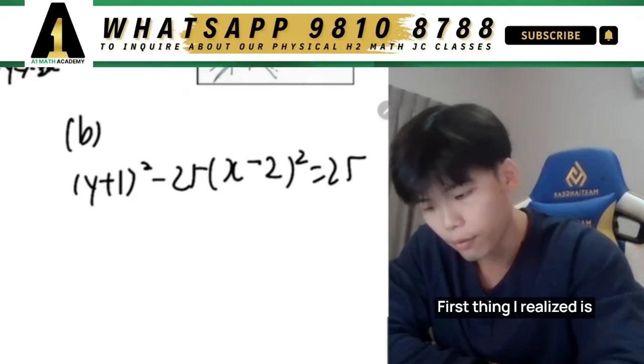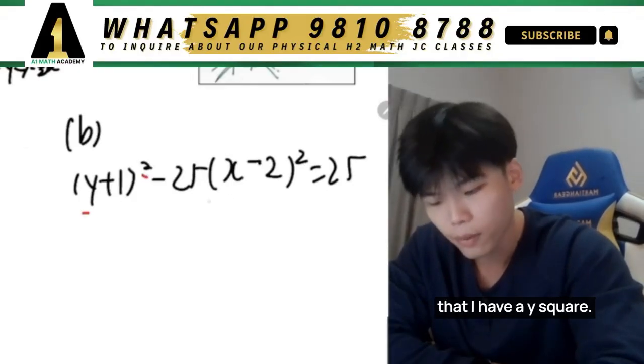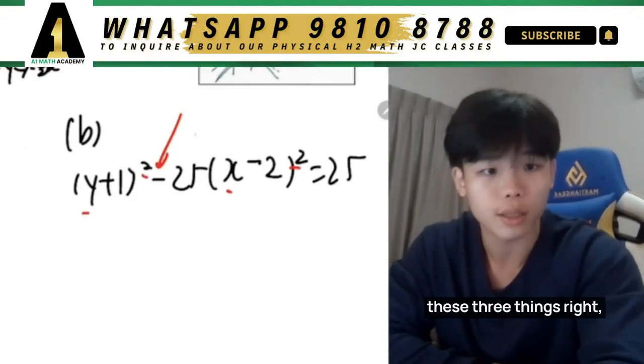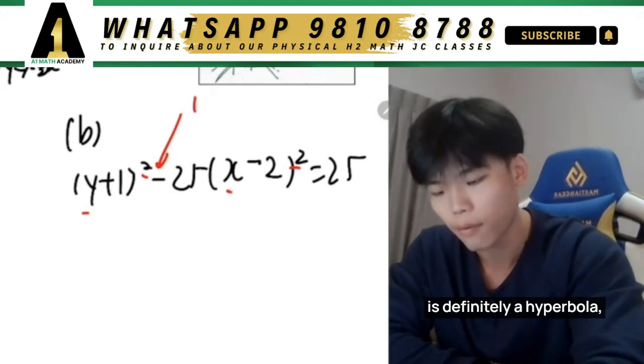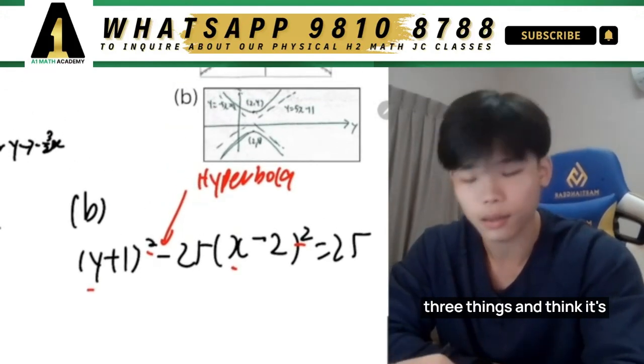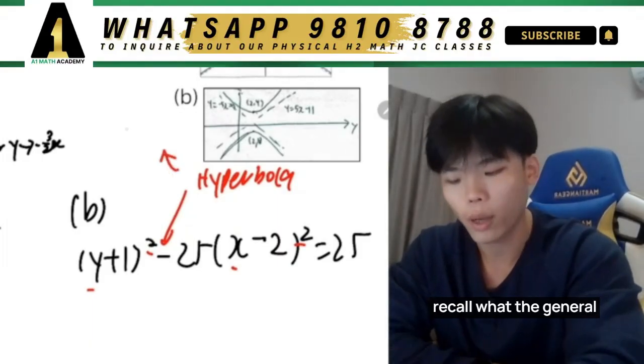Okay, first thing I realize is that I have a y square, I have x square, and I have a minus sign over here. So immediately once I see these three things, I'll be thinking, okay, this is definitely a hyperbola. And once I see these three things and think it's a hyperbola, I'll immediately recall what the general formula of